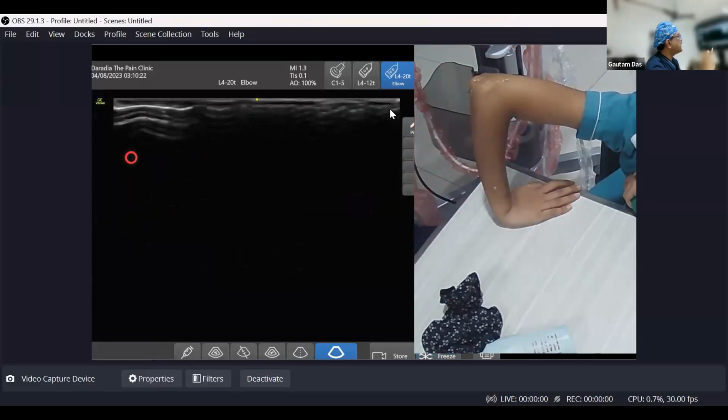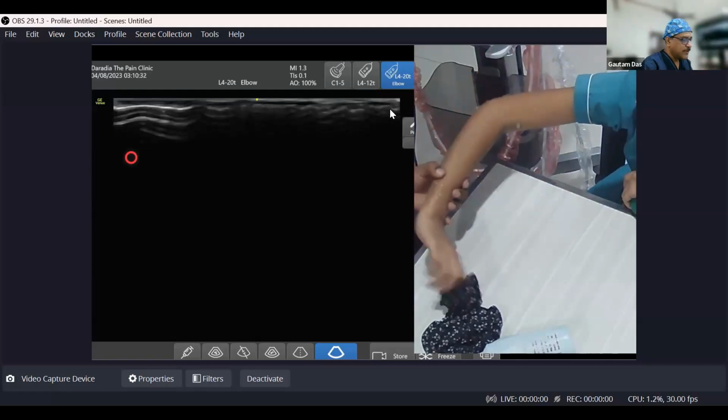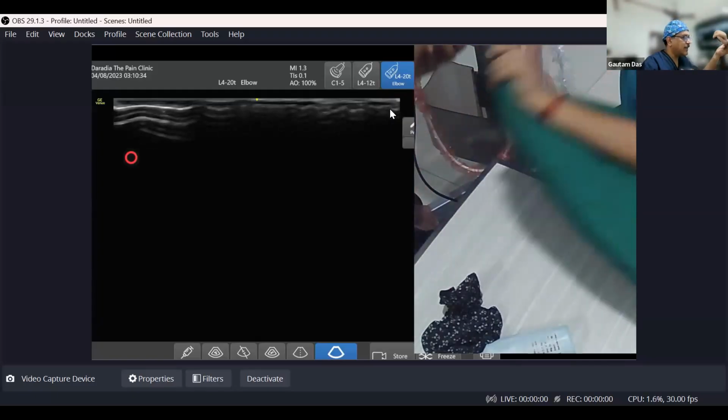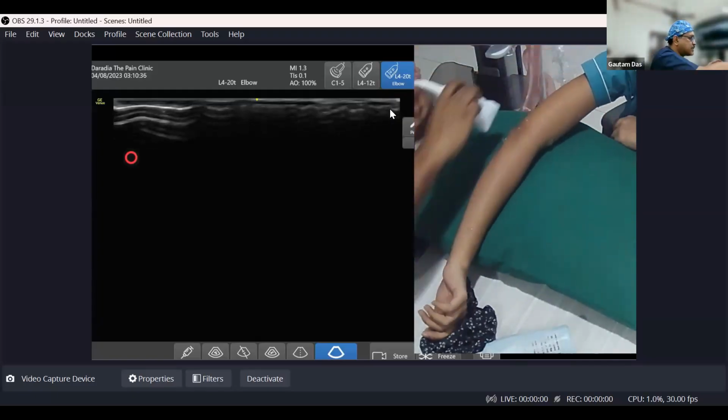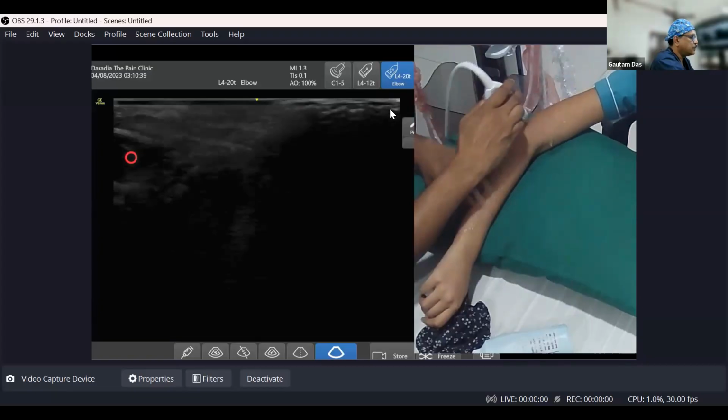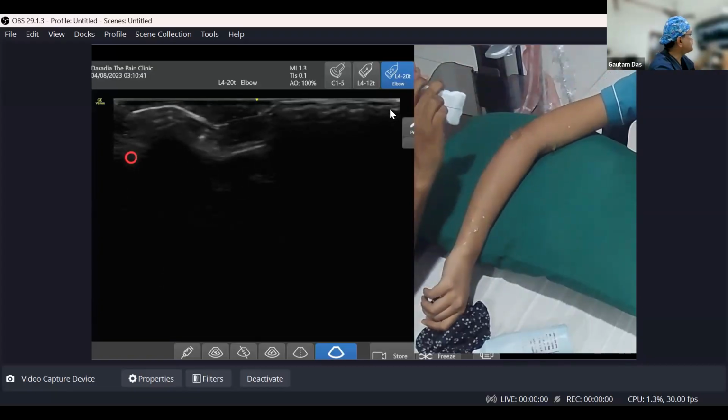So now you tell me anything else you wish to see again in the elbow, anterior, lateral. Oh no, I have not seen the lateral. Sorry. I thought I had completed the lateral. So lateral, just again put your